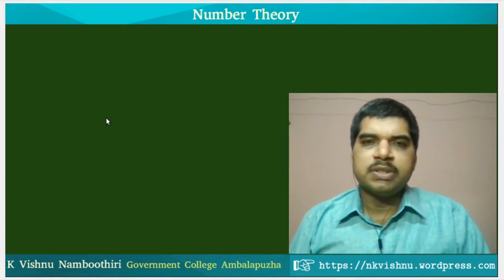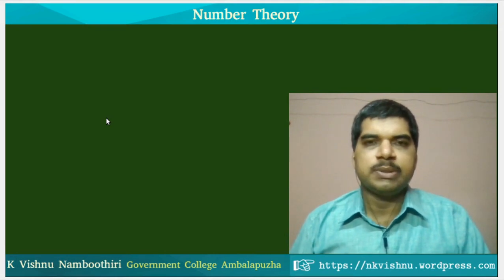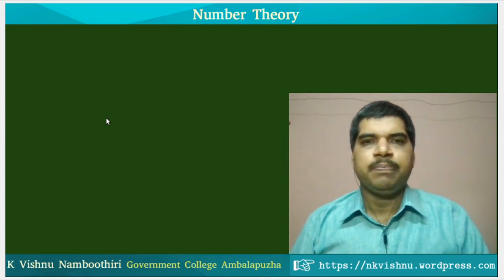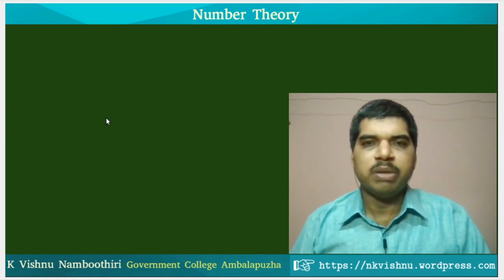In the last sessions, we were discussing linear Diophantine equations with two variables and their solutions. We completely covered linear Diophantine equations in two variables, describing two methods to solve such equations. Now we are going to see linear Diophantine equations in more than two variables, and how to solve them. But before that, we will have two results on the GCD of more than two numbers.